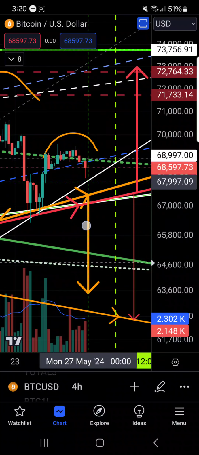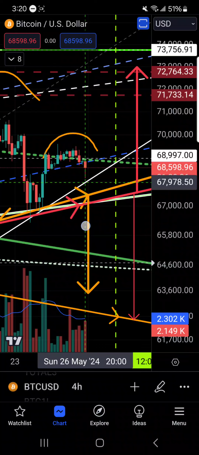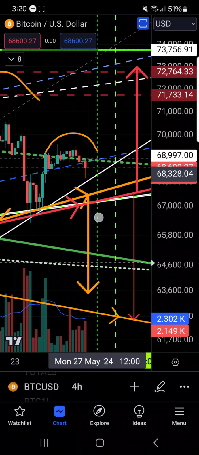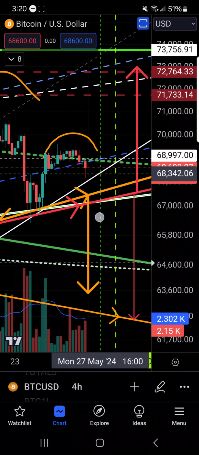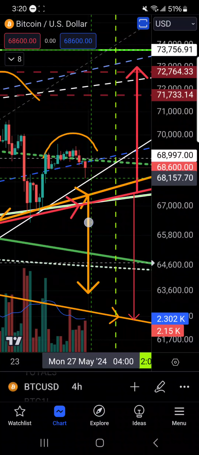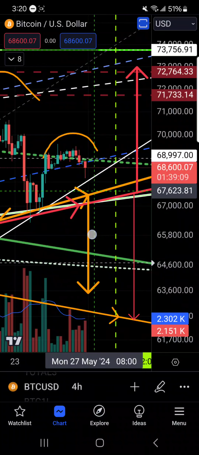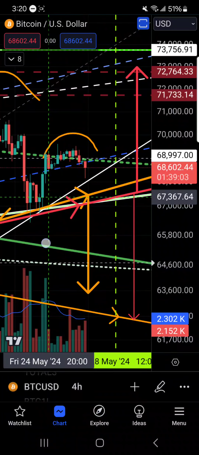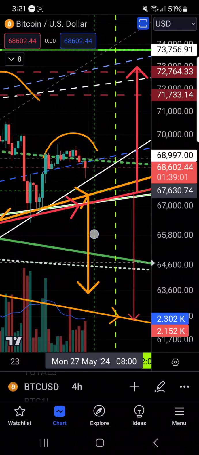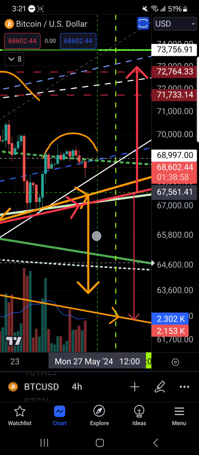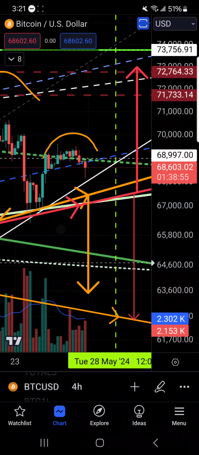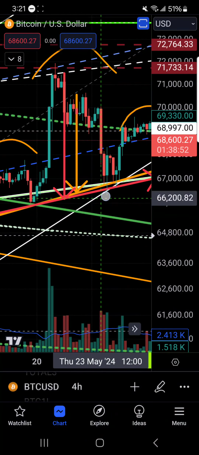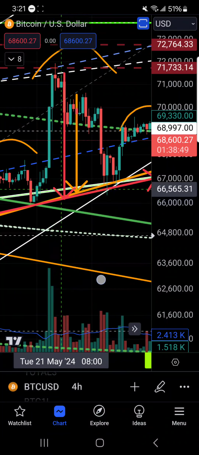Now, we got to watch this level, which currently, let's see, we're on a 4-hour chart, is about 67,900, and by Monday morning, that'll be 68,300. If we break that, then I have a couple neckline estimates. If we break that, then we are probably going to complete this head and shoulders pattern down to either this orange neckline or this red neckline. I'm not quite sure because you got a lot of wicky candles down here.